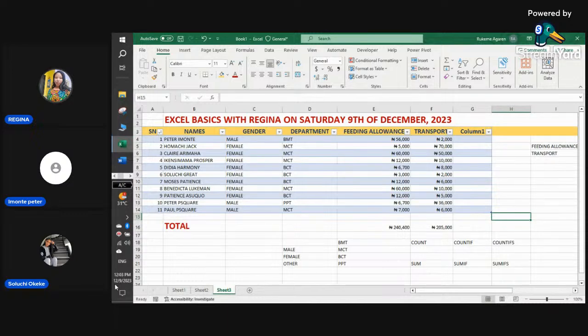So I want our class to end by say 12:30, but before then I want to cover as much as I can. Now count does what the name says, it just counts. Count if, with if, counts only what you asked it to count. One rule, you've given it one rule. Count ifs is when I give it more than one rule for it to check for me. For example,